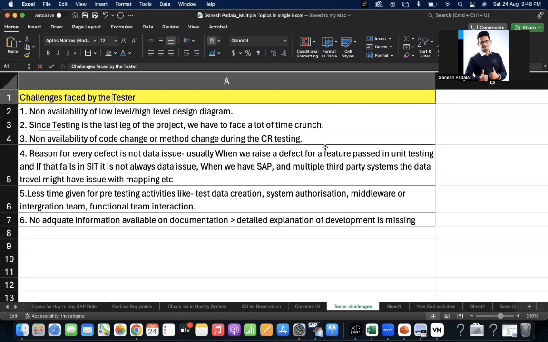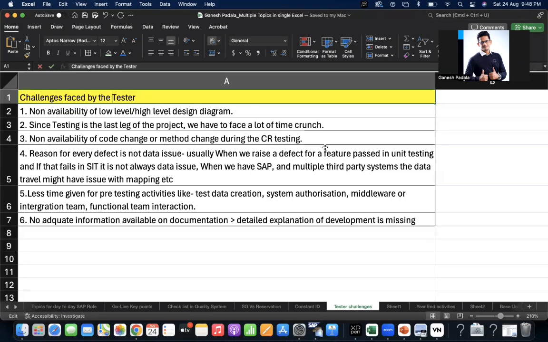If it is a new process, the proper documentation, like what exactly was done, what modules are involved, and who is going to do what step, is not provided properly to the test team, so they are not able to visualize the end-to-end testing. They might miss one or two things, or later find the issue, and then they will do the retesting.